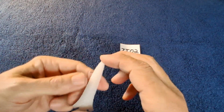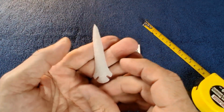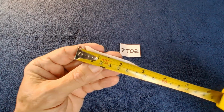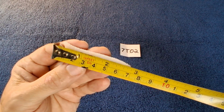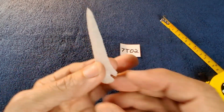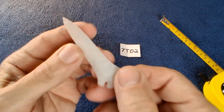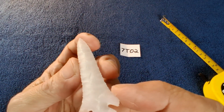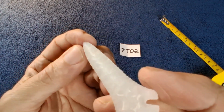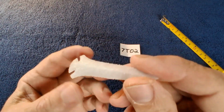Okay. Oops. And it's larger than a regular AG point. Okay, I'll measure it. Almost 2 3/4. Almost. It's like 2 11/16 or something. It's got like a central ridge on both sides. Kind of, sort of. It's easier to do the central ridge near the tip, so that's where you can see it best. I don't think they were napped that way necessarily, but